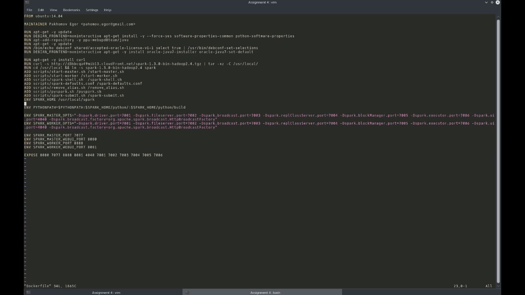These env are environmental variables we need, so Spark home for Apache Spark and the Python path as well. And these are the ports and just generally the settings used for the Spark master and Spark worker. So we set them as environmental variables, and then we expose all of these ports because the Apache Spark master and Spark workers need them